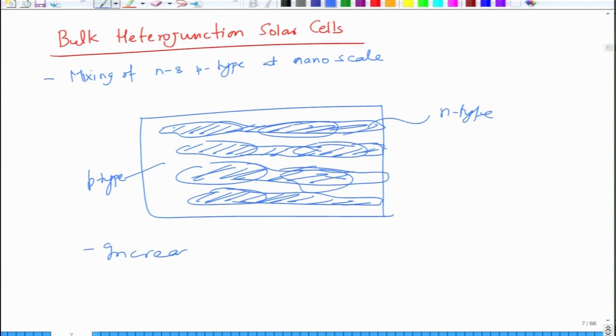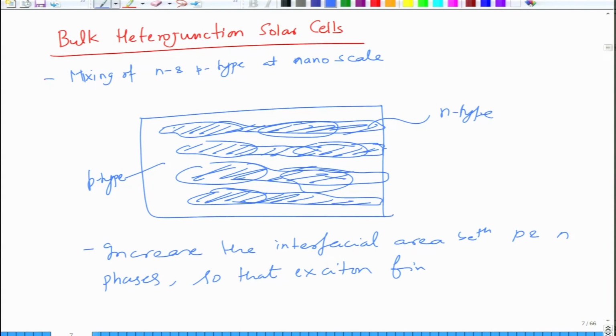If you have broken paths, then the carrier will not be able to reach the electrode. So what you do is that you increase the interfacial area between P and N phases,